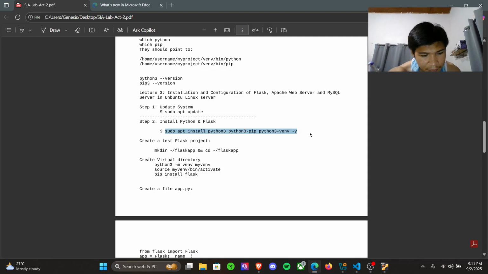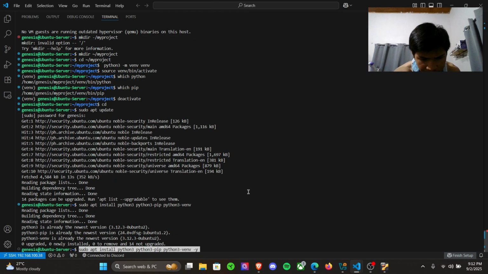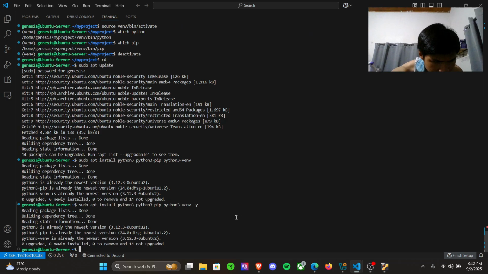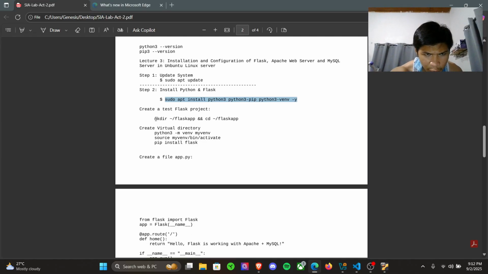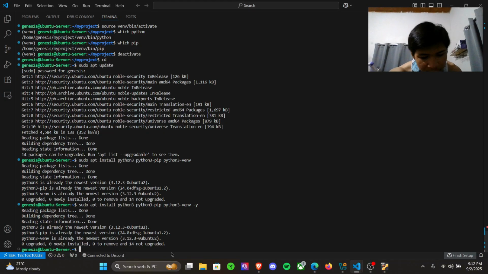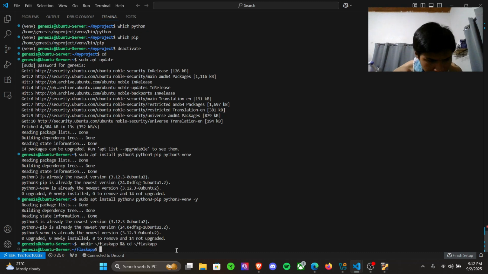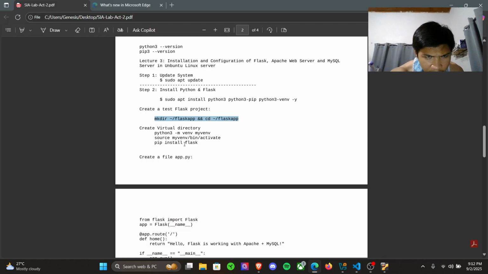Just to make sure. There we go. So next we'll create our own Flask app once again, our own Flask project. Enter. There we go.